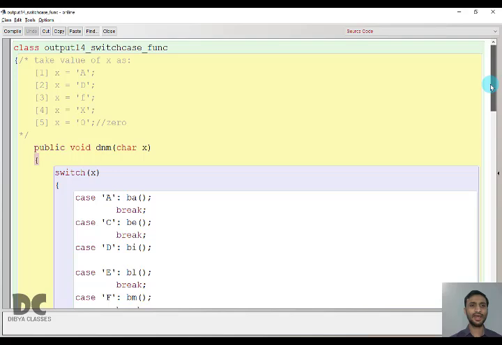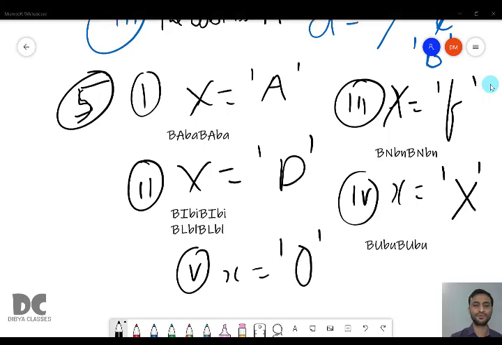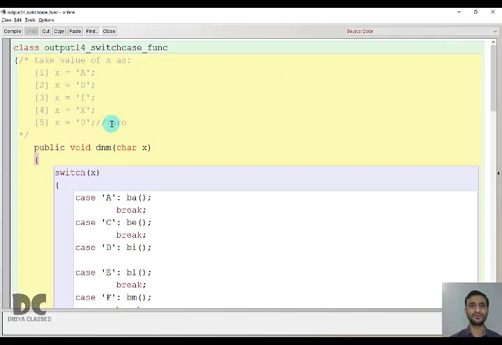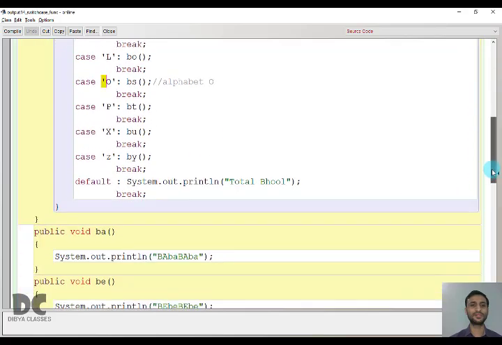And the last we have 0. We have taken the value of x as 0. Okay, this is not O, this is 0. Therefore I have written it, I mentioned it. So 0 equal to A, no, C, no, D, no, E, F, L, O, P. This is O, not 0. So it will not match.